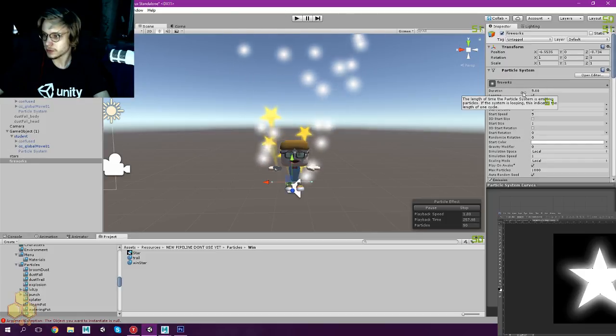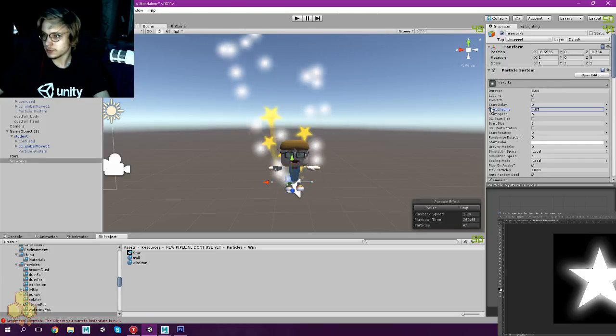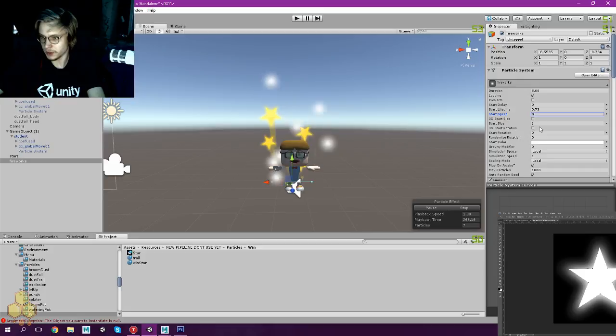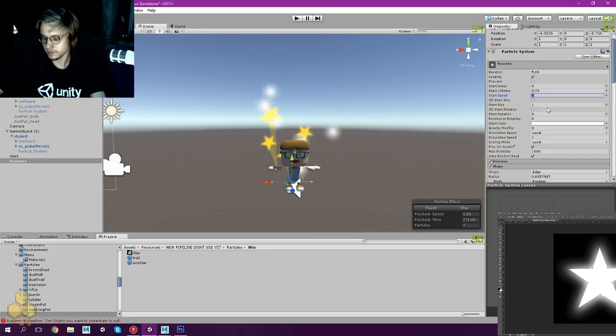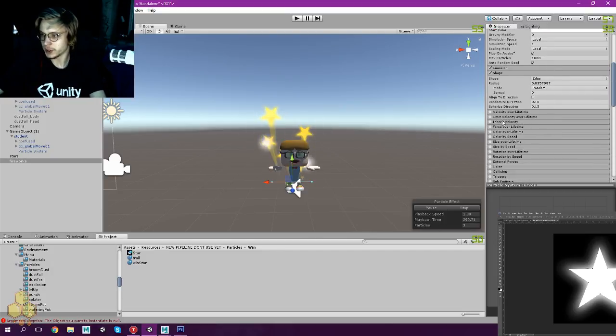Let's do a lifetime. Let's do 8. Let's do 0.5. So it kind of explodes, or maybe 0.4 or 0.3 would be even better. And let's make it in inherit velocity, multiplier by 1, or actually